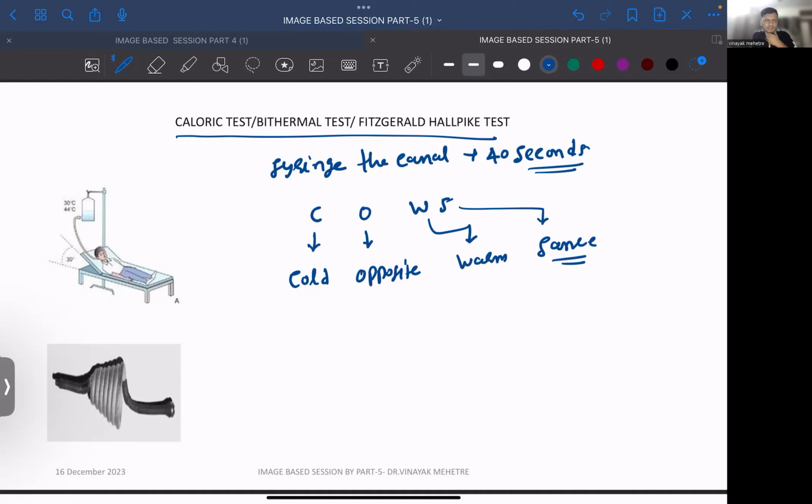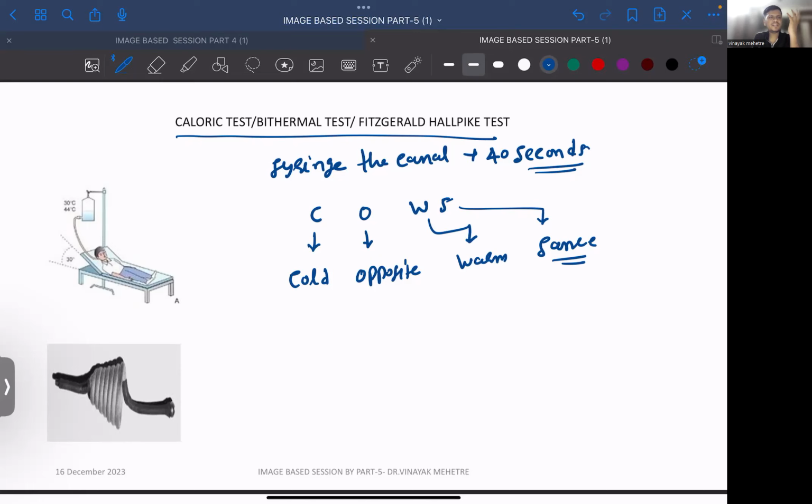Now, if the patient's tympanic membrane is gone, or the patient has a rupture in the tympanic membrane, of course we cannot put water directly in the external auditory canal. Reason being, if the tympanic membrane is perforated, that water can go into the middle ear, from the middle ear into the eustachian tube, and we can even see that water in the nasopharynx, right? So in this condition, what we will do, we will use